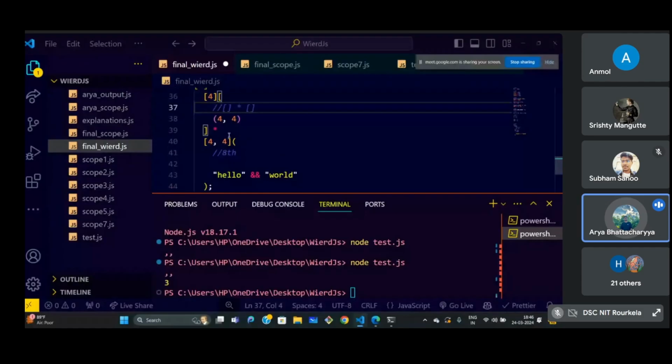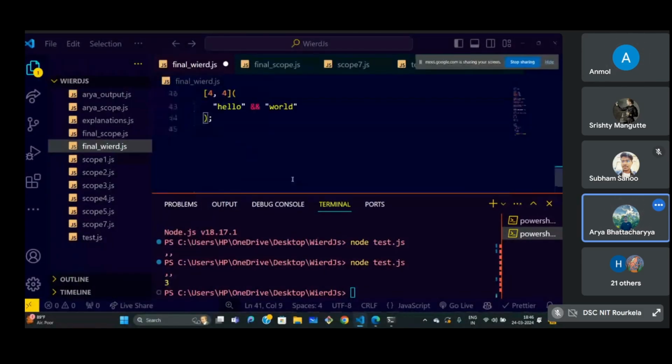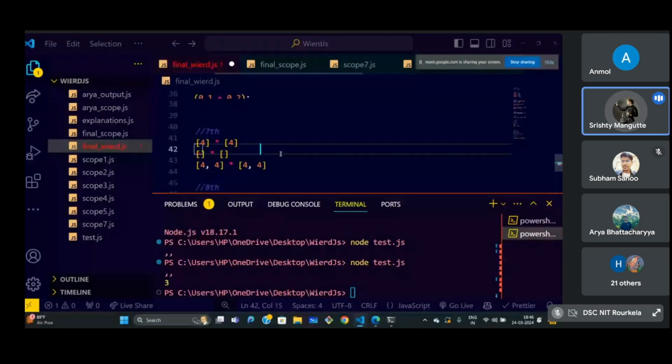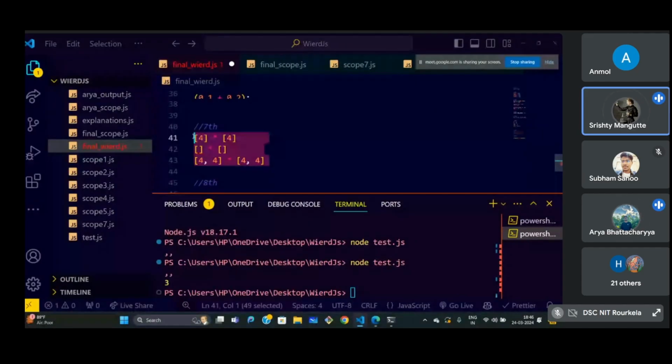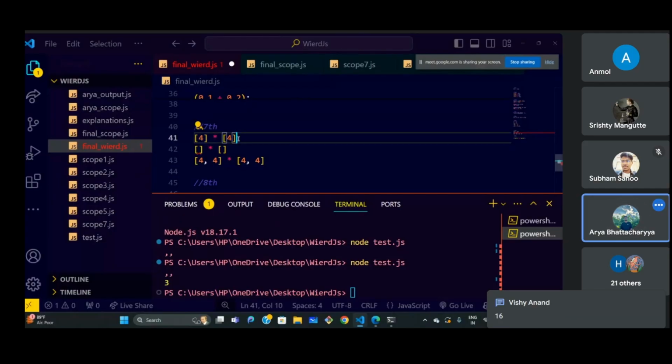What will happen if I add a 4 with another 4? Wait a second. Wait. Arya, show them in Node na. Open the terminal and show what this 4 and 4 will return if they are separated in array formats. We have already done a question regarding arrays now. So we have understood arrays pe we can add, in JavaScript, but array ke form mein agar we are multiplying, what would that primarily result in?